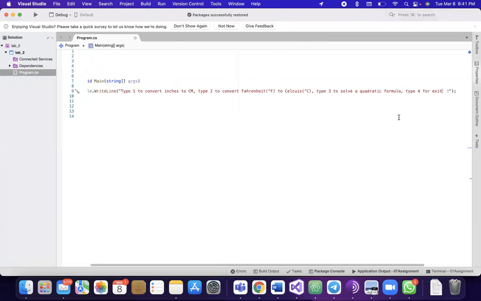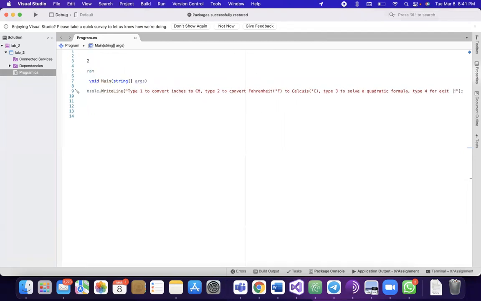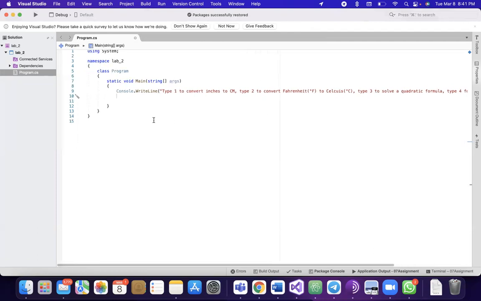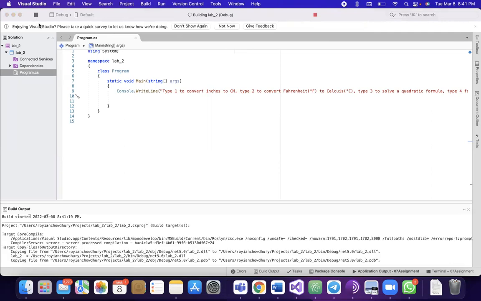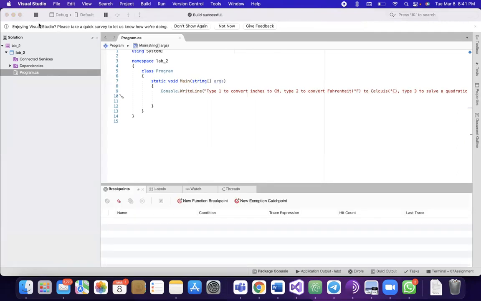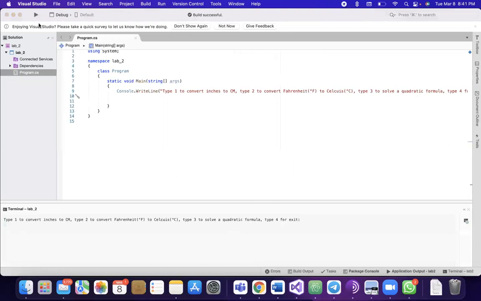But I think switch would be more comfortable. You could have done Console.WriteLine "type 1 to convert inches," and then again Console.WriteLine, the second one, Console.WriteLine, the third one, in different lines to make it easier for you to write, like type it down. The only problem with that is that if you do that, then what you're going to find out